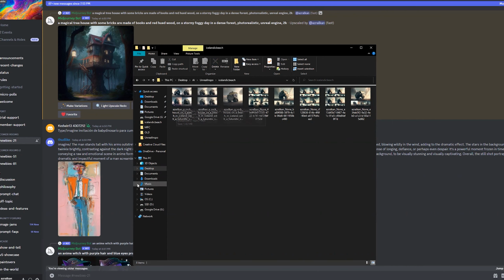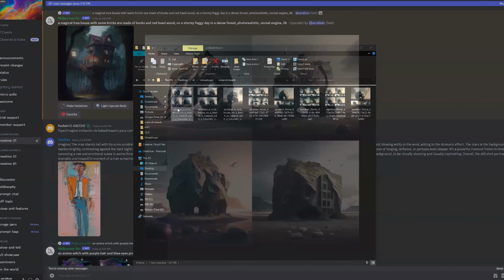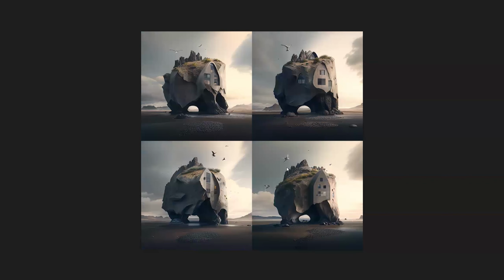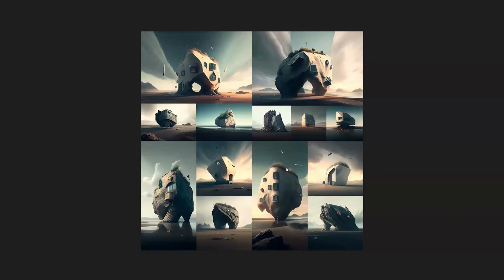I wrote Iceland, beach, rock house, birds on top, because now I kind of really like what the birds bring into the scene. And this is what I started getting in an abandoned beach. And I'm thinking this could be a story, like all these concepts that I got with different types of prompts. Just by seeing what it gives me and throwing in an idea, I really started liking the reflections